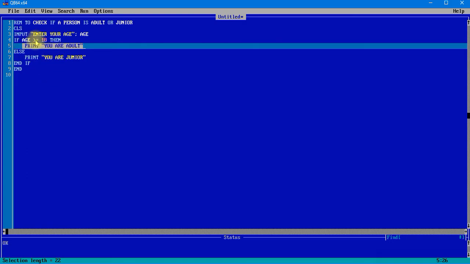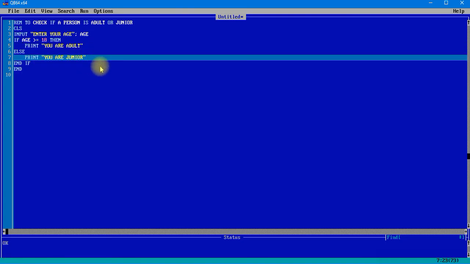If this particular condition is false, then only it will come to the else section and then print "you are junior". You have to remember that. Okay, so this is how we can work with a simple if else statement. So pause the video, and after that you can just write the program in your copy and then continue.